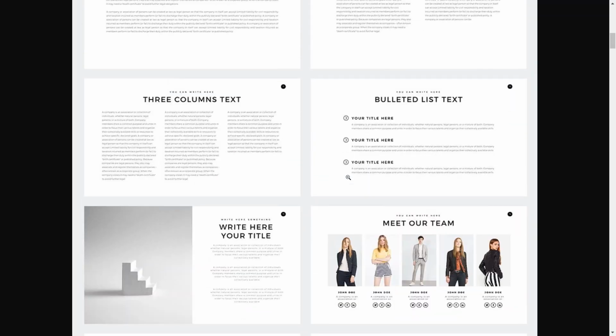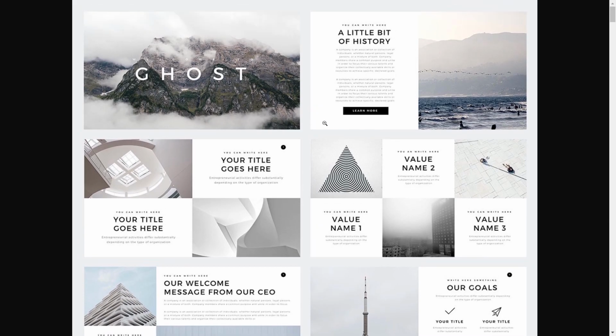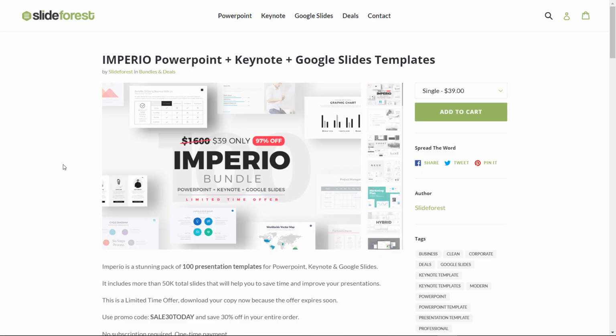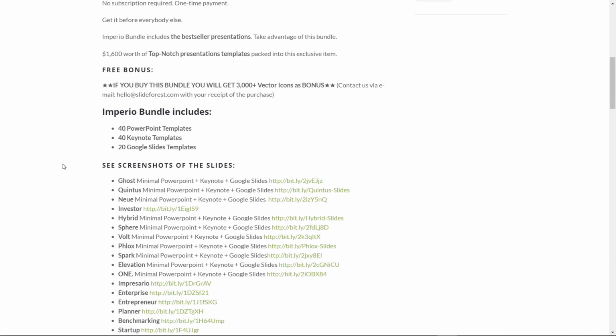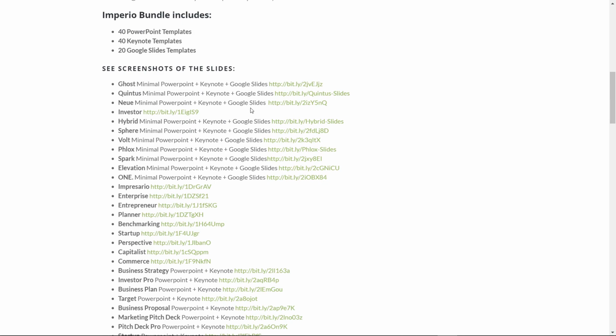Okay, ladies and gentlemen, so this was the ghost template. Let's do one more template. There are 100 templates, so it will not be possible to do all of those 100 templates. But let's choose one more template that we can test out. So for example, this template called